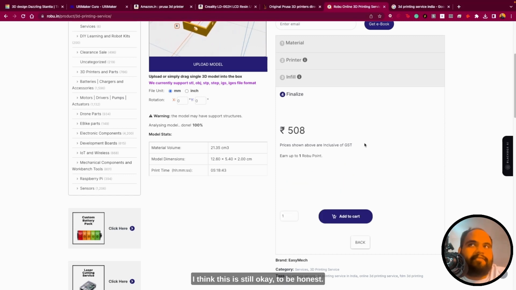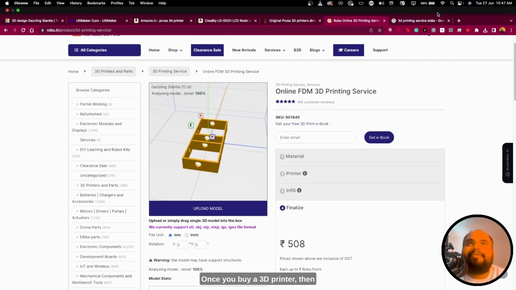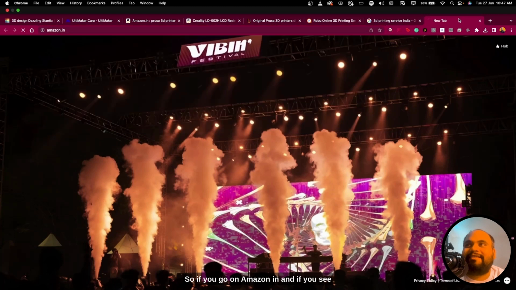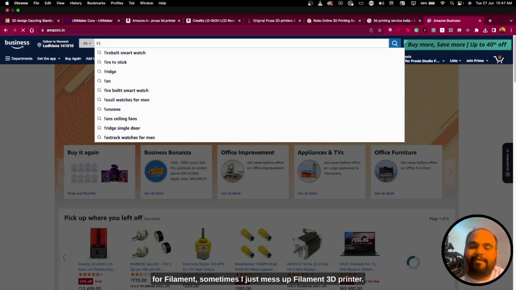500 bucks. I think this is still okay. To be honest, if you don't want to buy a 3D printer, I think this is just fine. But let me tell you something. Once you buy a 3D printer, then the filament cost is quite low. Okay, so if you go on Amazon.in and see for filament,